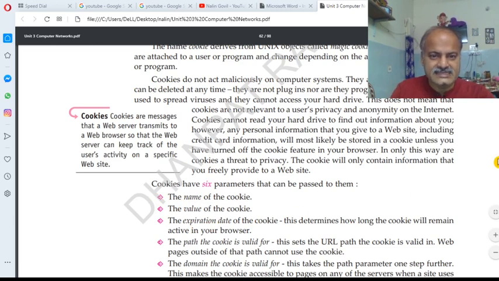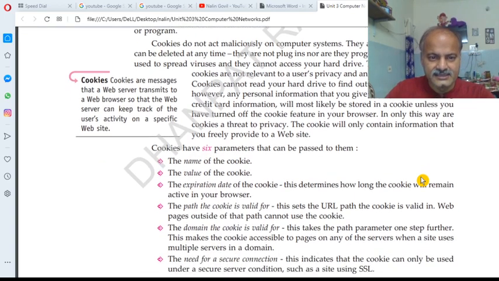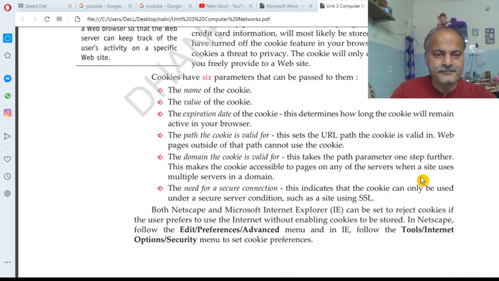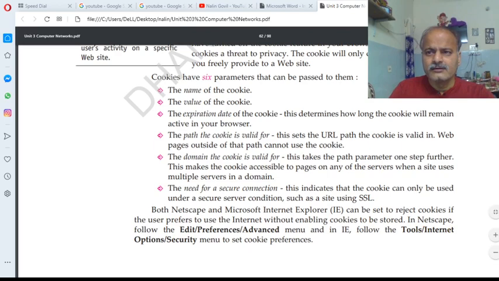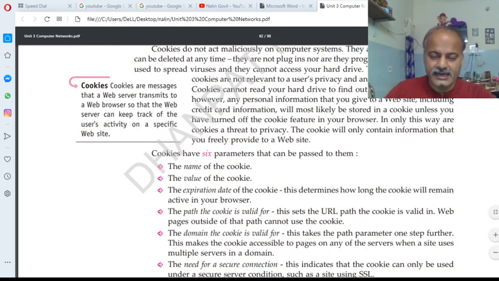So cookies have 6 parameters that can be passed to them: the name of the cookie, the value of the cookie, the expiration date of the cookie, the path the cookie is valid for, the domain the cookie is valid for, and the need for a secure connection. So you have to remember only the definition of cookies and the function of cookies.